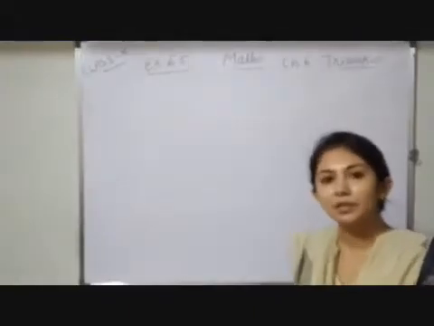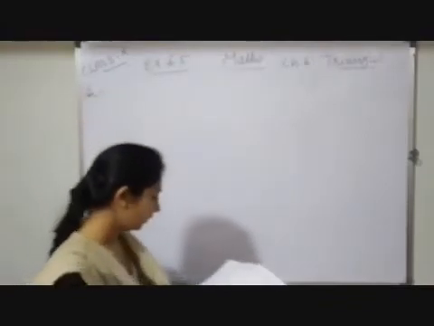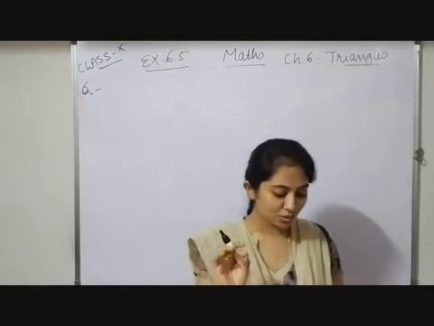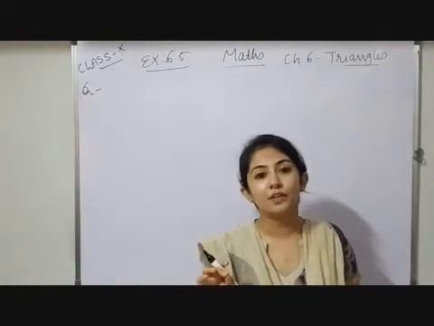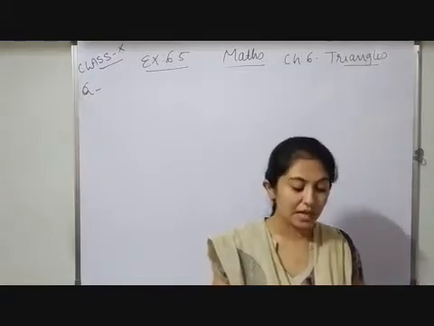In this video I will discuss some questions from your exercise 6.5. So your first question is: prove that the sum of the squares of the sides of a rhombus is equal to the sum of the squares of its diagonals. First of all, let me draw one rhombus